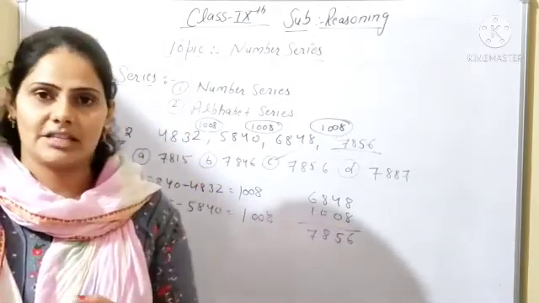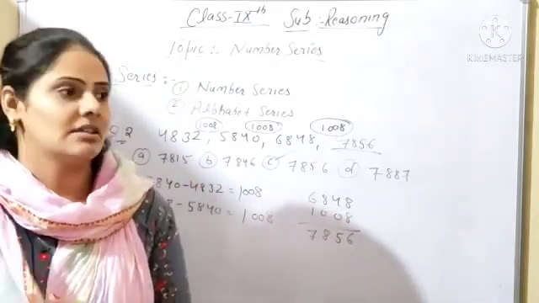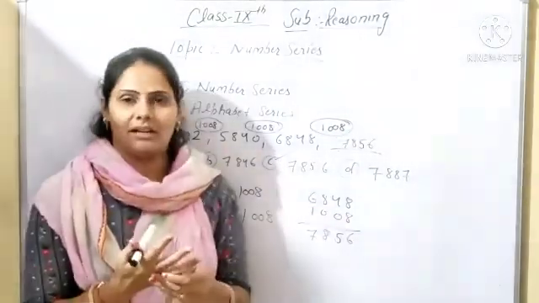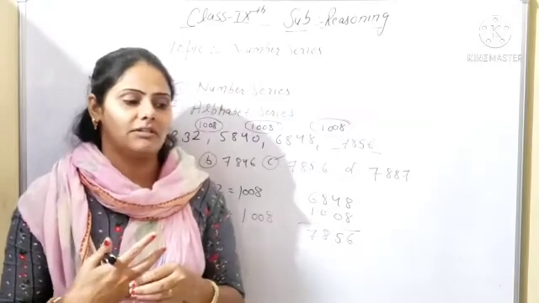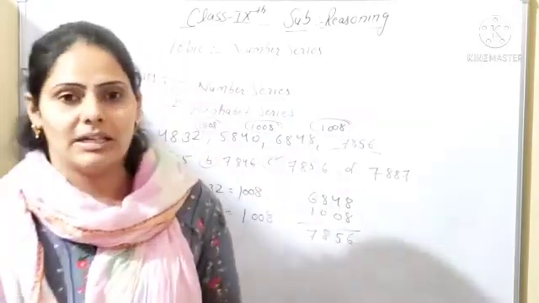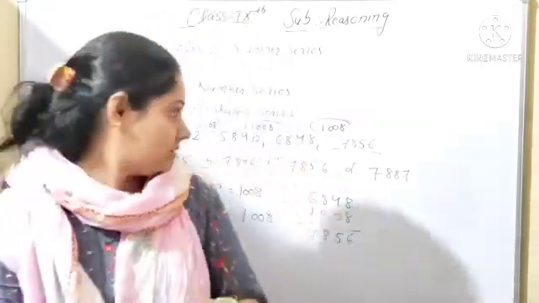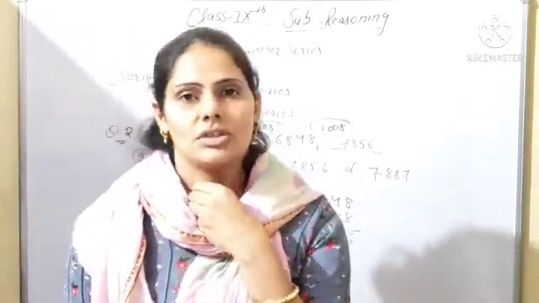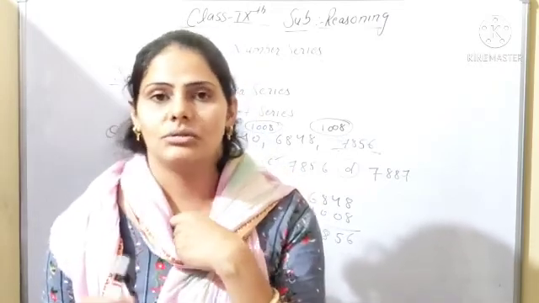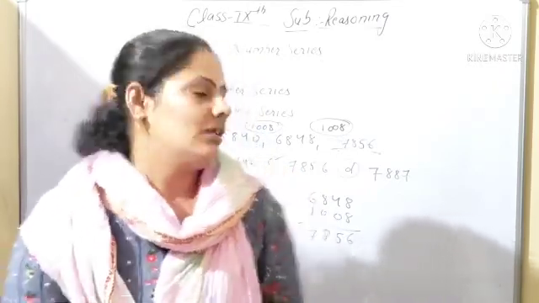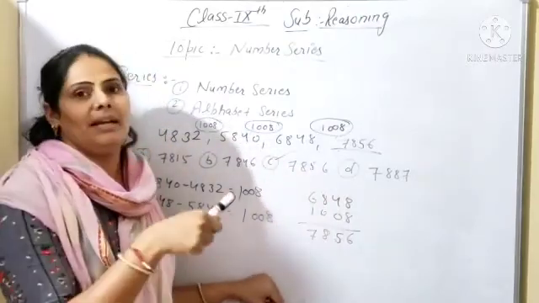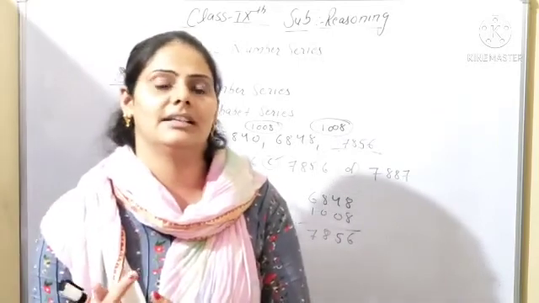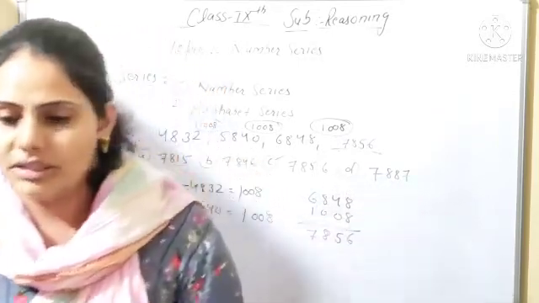First and second question I have explained. You will try the next questions, and if you have any doubt, okay, we will meet in our Zoom class. Okay, for the doubt session you will join the Zoom class. Okay, beta. So the next question we will start in our next class. Okay, question number 3rd, and you have to try to solve question number 3rd, 4th, 5th. Okay, in all the questions we are following the same pattern. You will subtract the first and second number difference, second and third, like that. Okay, thank you so much for joining the class.